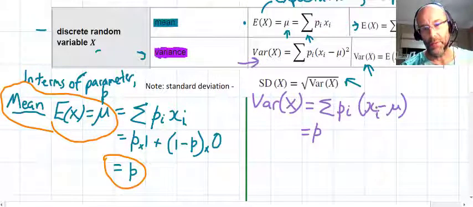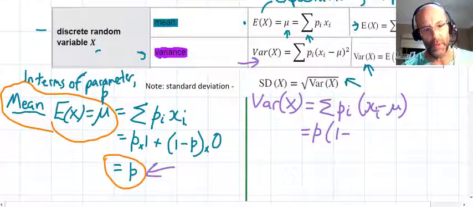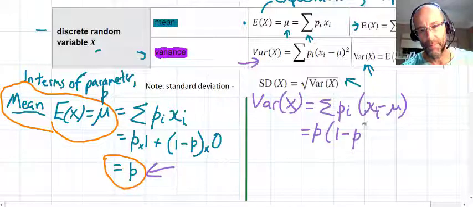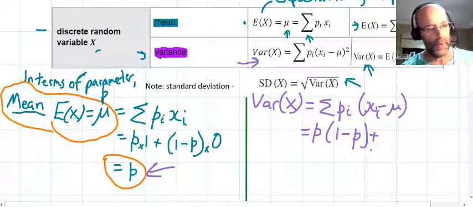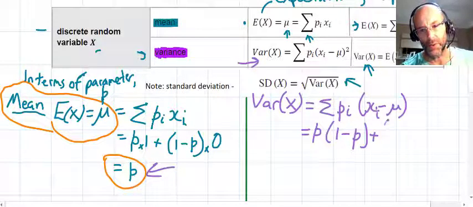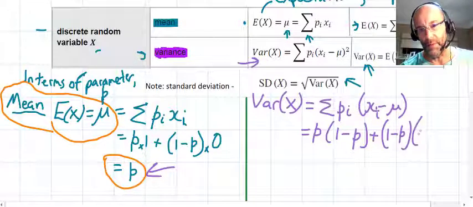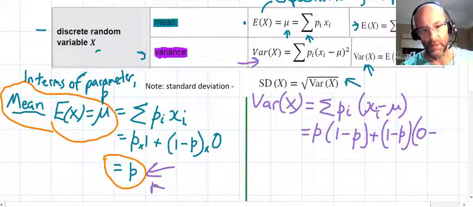Now we've got x sub i for the first one, it's a 1, and we have mu is p. So we then have the fail situation, the non-success. The probability of that in terms of parameter p is 1 minus p, and then its value is 0 minus, again, p,